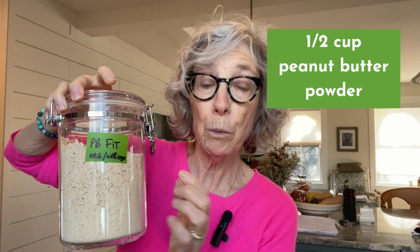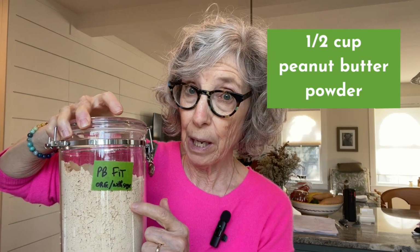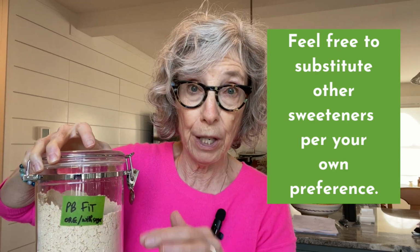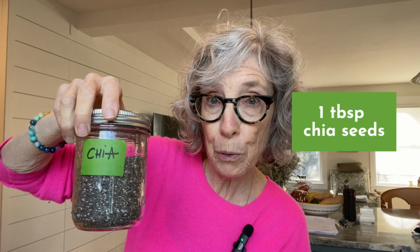2 mashed bananas. I will be using a half a cup of PB Fit, which is a powdered peanut butter powder. This one happens to have sugar in it. If you don't want the sugar or you add a peanut butter powder without sugar, just modify the sweetener later on in the recipe. 2 teaspoons of cinnamon, a tablespoon of chia seeds,